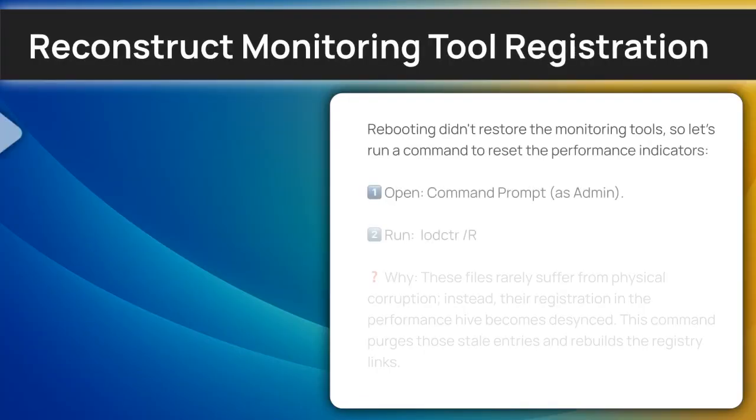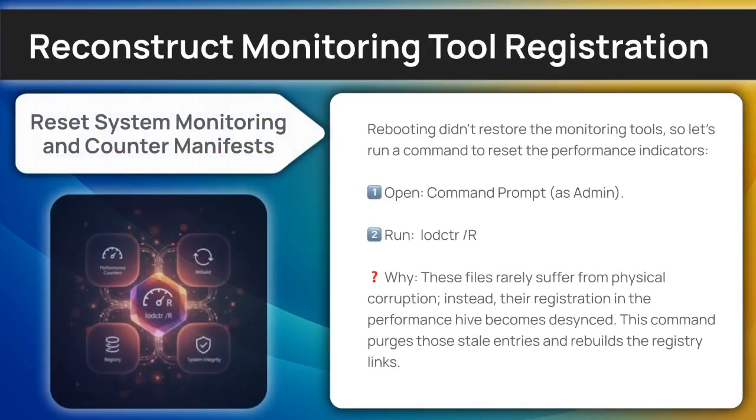If that didn't clear the error, follow these instructions to modify your system paths. If you need to pause the video to type these out, please do so. Rebooting didn't restore the monitoring tools, so let's run a command to reset the performance indicators. First, open command prompt as admin. Second, you're going to type